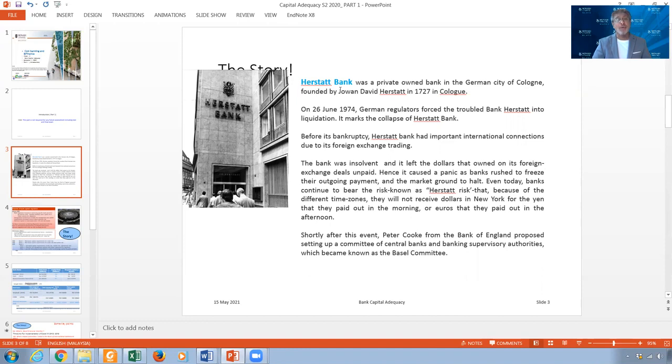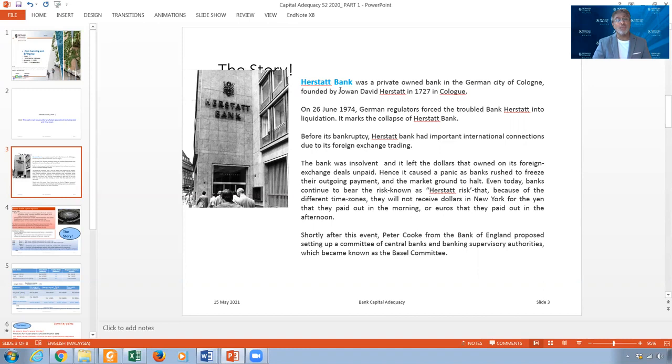On Friday, when the bank closed, the American bank executed the transactions. But over the weekend, that bank already had some problem, Herstatt Bank. The German authorities liquidated Herstatt Bank. So by Monday, when they came, there were no payments and there were huge exposures, and it was like a crisis, and all those lending among banks and interbank and international banking was frozen.